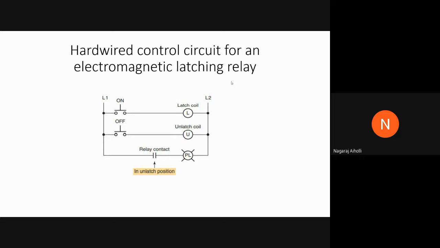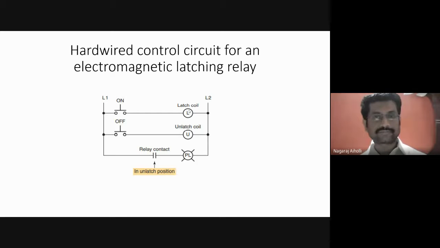When latch coil is energized, the meaning of latching is this coil is energized. Okay. Now, what is the status of this coil when it is energized? How do we represent the status of the coil? Either with 1 or 0. Yes or no? When the coil is energized, what is its status? What is the status of this latch coil when it is energized? 1 or 0? 1. Exactly. It is 1 because it is in energized state.